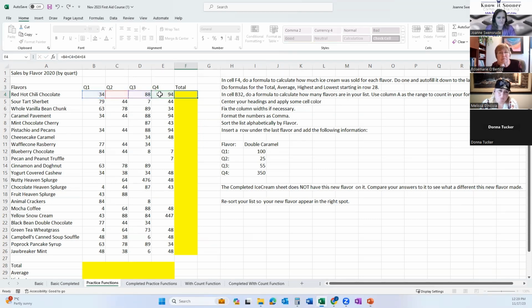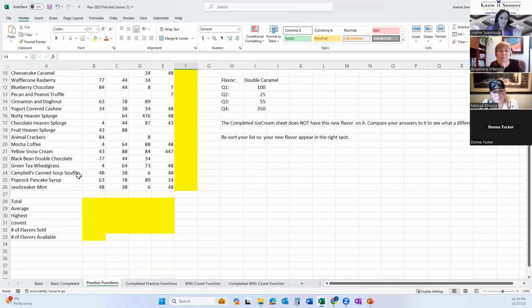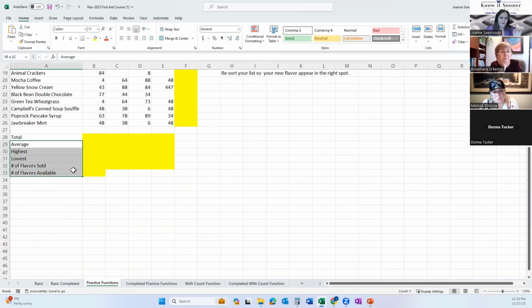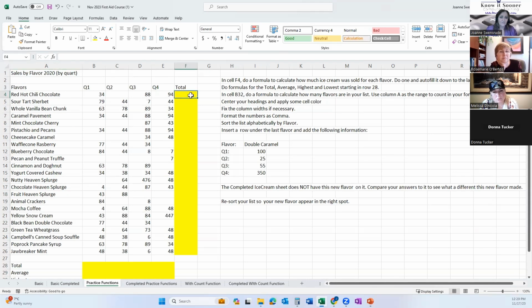So I'm going to press my escape key, and here's where we're going to use the auto sum, or you can just call it sum. A lot of people will probably know about this. Maybe you do, maybe you don't. It doesn't matter. There are about 8 ways to do your auto sum. I like the way I'm going to show you because it will also work great for these functions down here, the average and highest and lowest. I love it when I can take one skill that I've learned and apply it to other things. Just like when we were doing formulas, because functions are just a fancy formula.